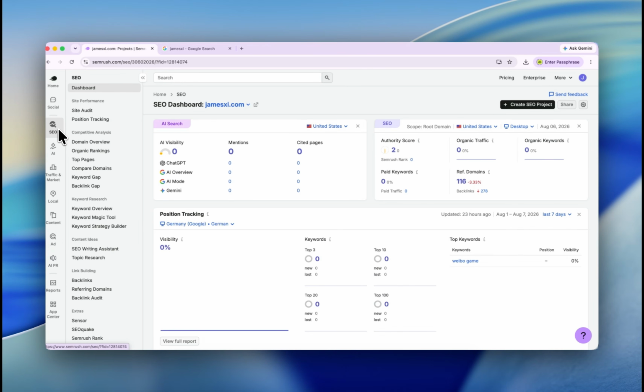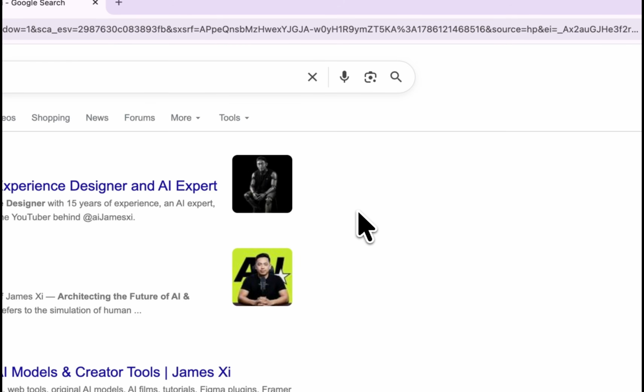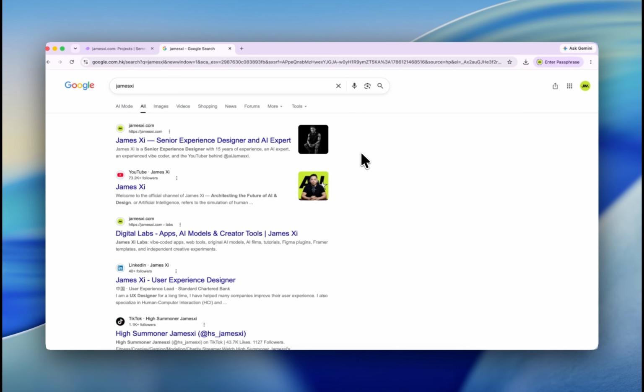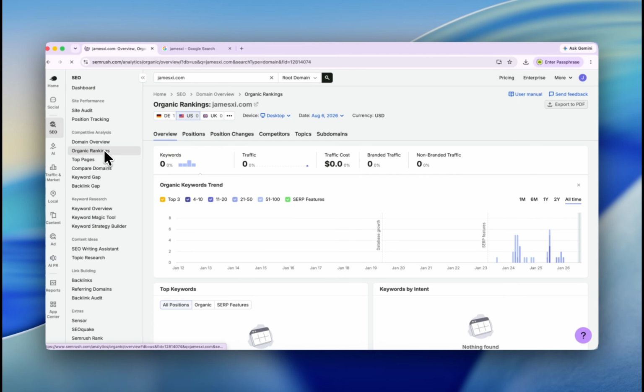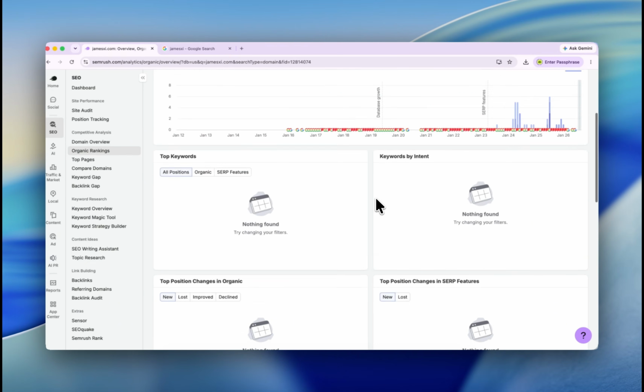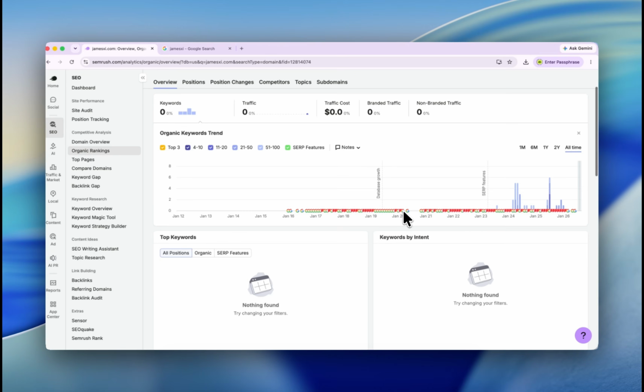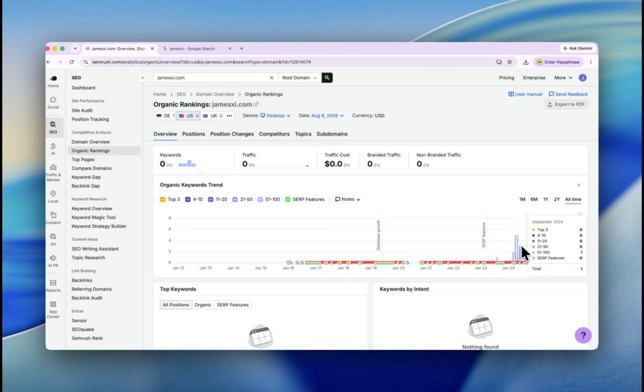So in SEO page, you can find more data about your website. You can connect your website with Semrush. What is SEO? So on search engine, like you have a certain algorithm to calculate which websites to promote to the users related to users' keywords. That's called SEO. Get a better SEO, meaning that your website will get more traffic. And with Semrush, you can do that easily. And you can use this tool to analyze your website. You can find more data about your website. And because my website is brand new, so I don't have any data, but you can still find some useful